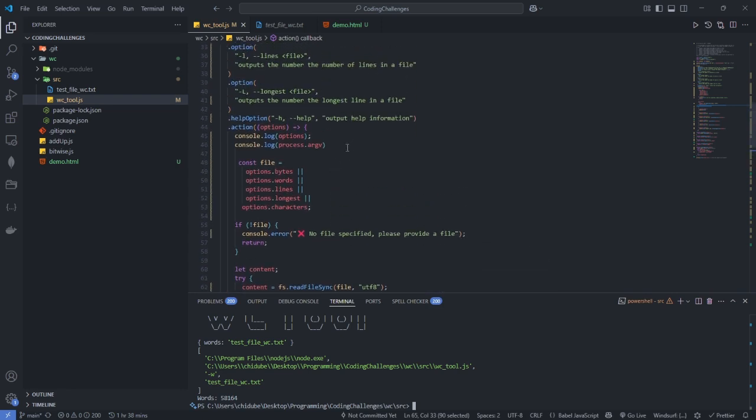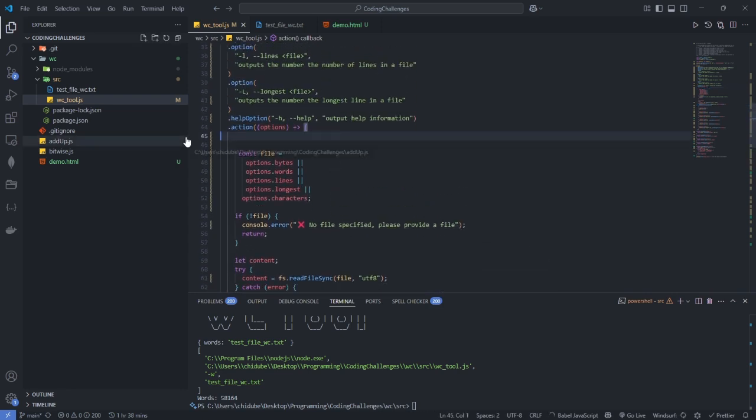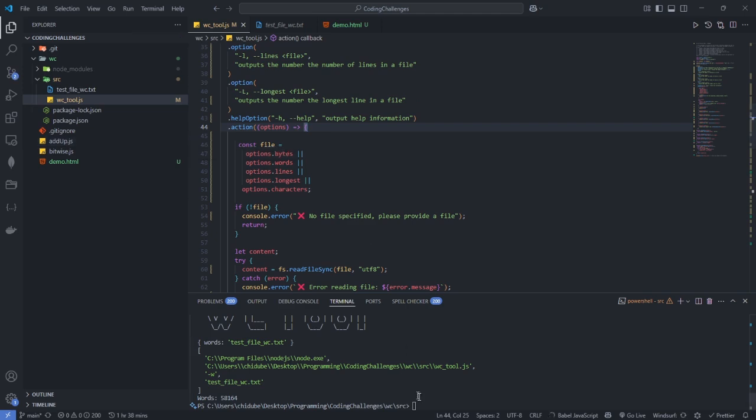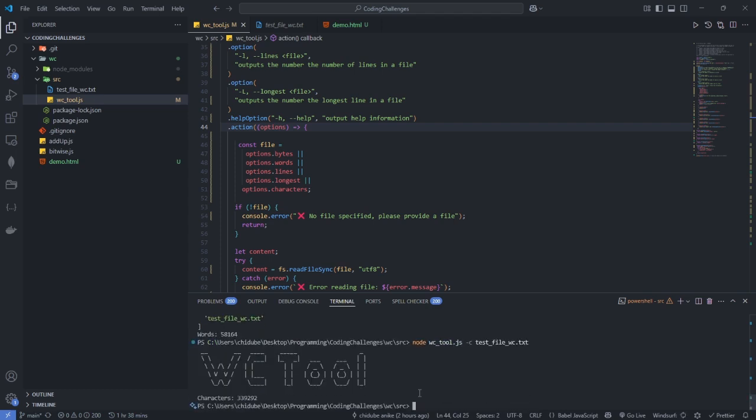Let me remove these console.logs as I have explained their uses. Okay, so let us run another. Let us run C for characters, right? Characters, get the number of characters. Okay, let us run B for bytes. We get the number of bytes. Let us run